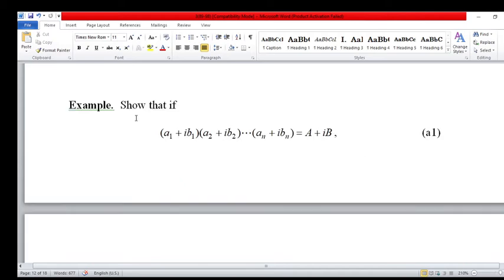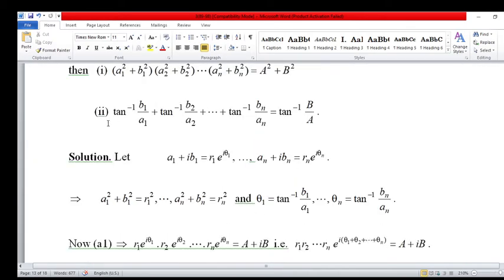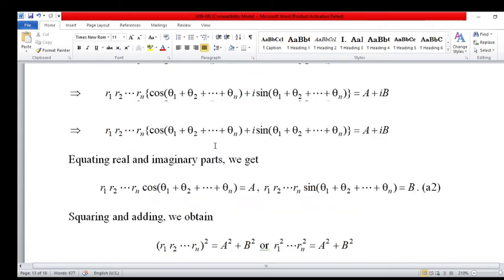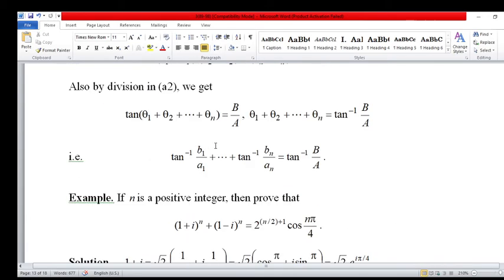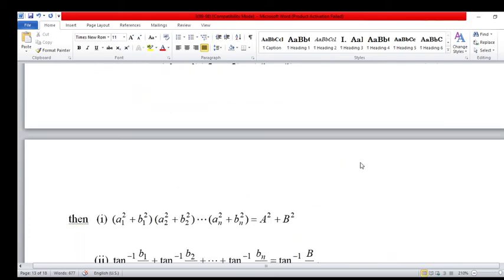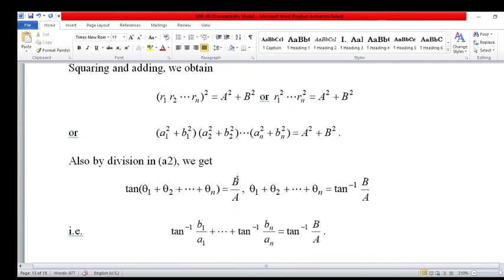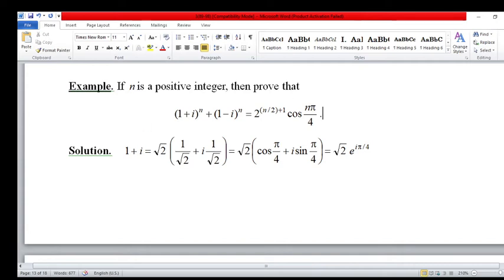And this is the next example. This is a most important example, so solve it yourself. The solution is already given here. This is the first example. Now this is the second example. This is again a most important example. So we explain this example here, and the previous example's solution is given, so solve and understand it yourself. So come back to this example.